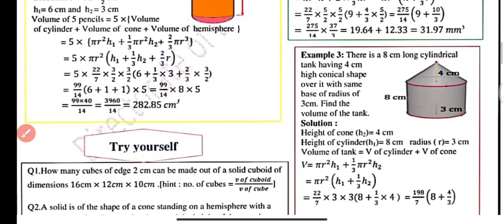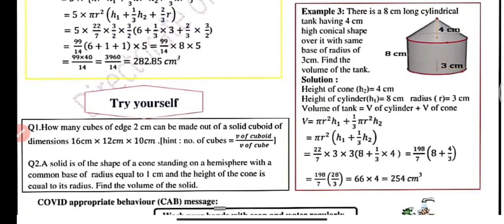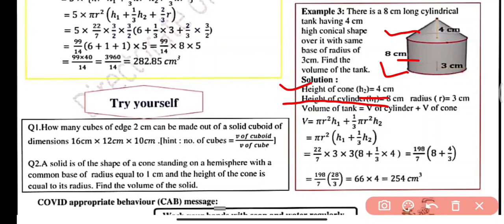So now example number 3, there is an 8 centimeter long cylindrical tank having 4 centimeter high conical shape over it with the same base of radius 3 centimeter. Find the volume of tank. So you can see we have a cylindrical part as well as conical part. So height of cone is, we are given, that is 4 centimeter, height of cylindrical part, that is 8 centimeter, and radius is 3 centimeter, and volume of tank will be volume of cylinder plus volume of cone, and we